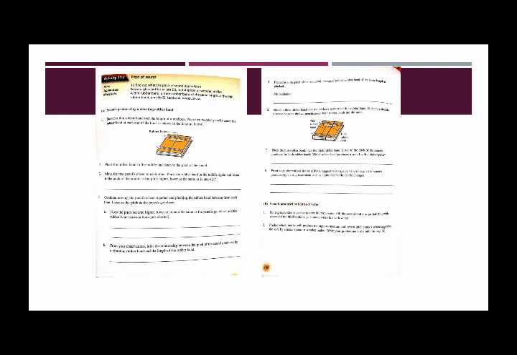Okay, let's move to the next page, page number 158. It's question number 5: predict how the pitch of the sound will change if a thick rubber band of the same length is plucked. Now you are going to change the quality of the rubber band, using another rubber band which is much thicker than the previous one, and find out what difference you face when using a thick or thin rubber band on the pitch of the sound. You have to write the prediction.